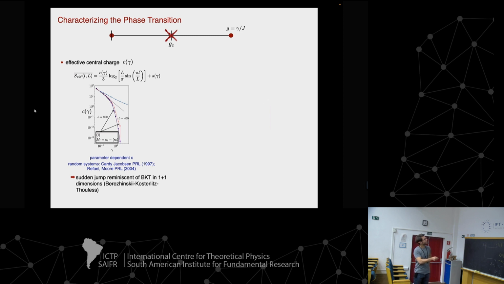So we look at the entanglement scaling, and basically up to details for L to infinity, which are not so important, you see here a logarithmic scaling with the system size, and here we are looking at the coefficient. What is the coefficient of this log doing when we crank up the measurement rate? And you see that in a rather small window of gammas, of measurement strengths, it really drops by orders of magnitude. And that smells a little bit like a phenomenon that I briefly mentioned, at least.